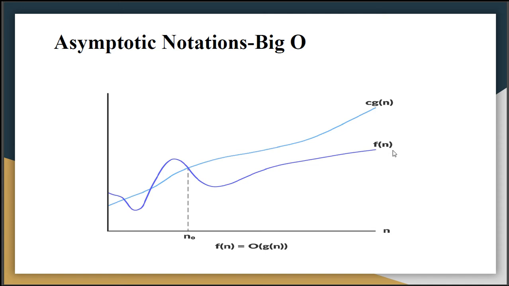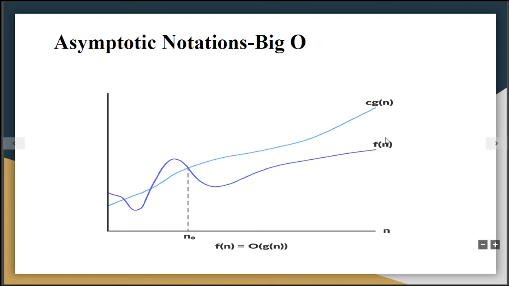We will go to the architect and ask how much cost will be required for this construction. The architect will tell us, keeping in mind our requirements, g of n. That is, at the max you will require 1 crore 10 lakh rupees. But in actual, you consider that it will always be less than 1 crore 10 lakh rupees, that is, in the worst case. So f of n will always be less than g of n.